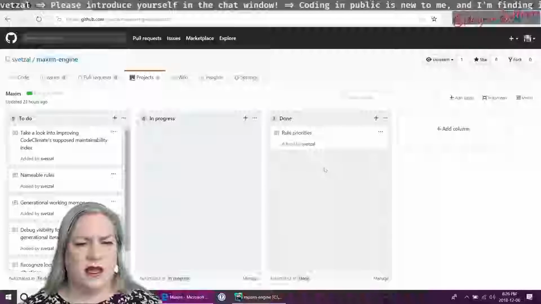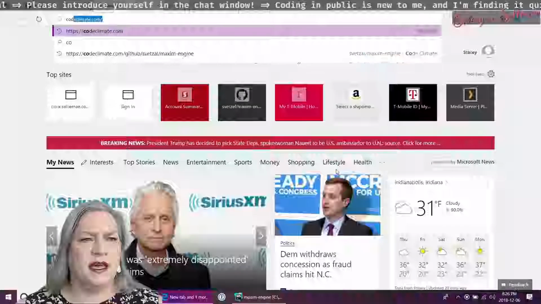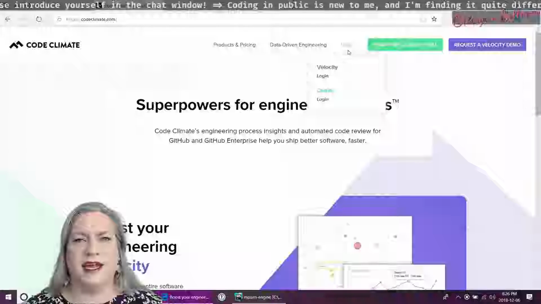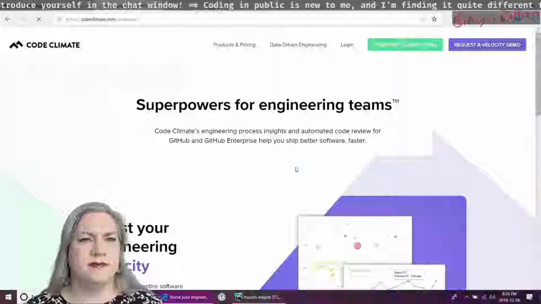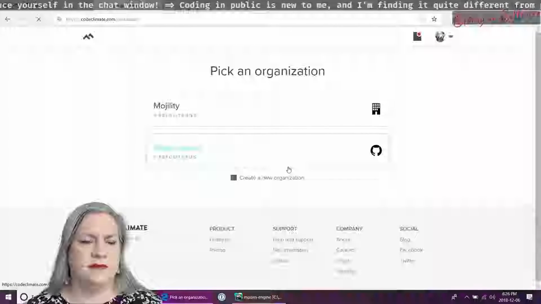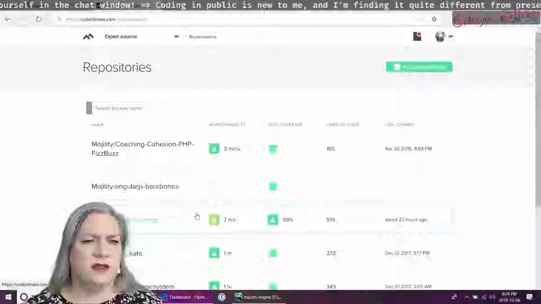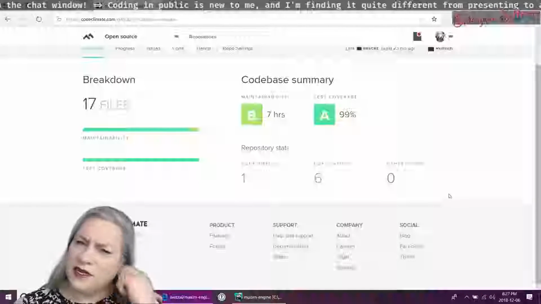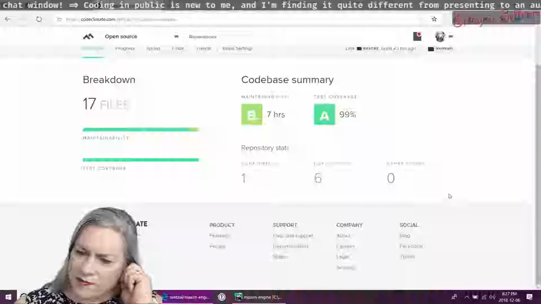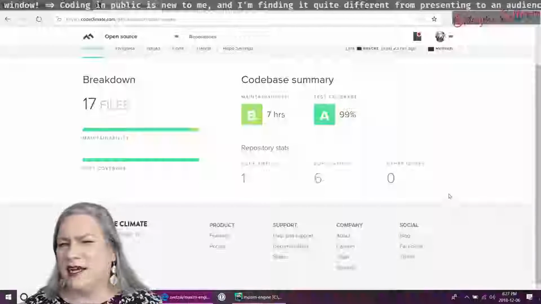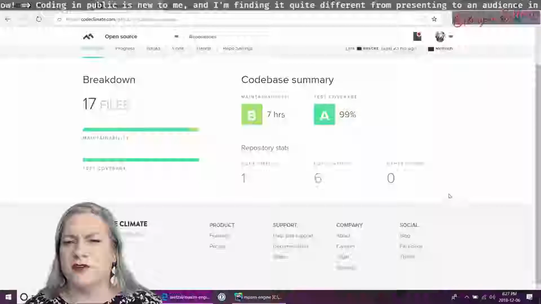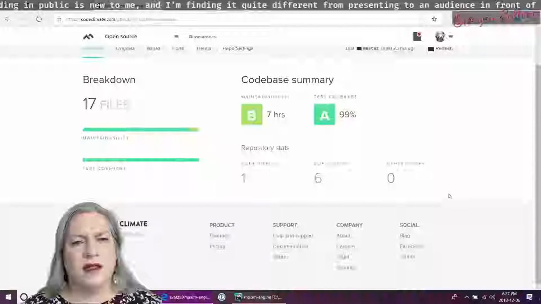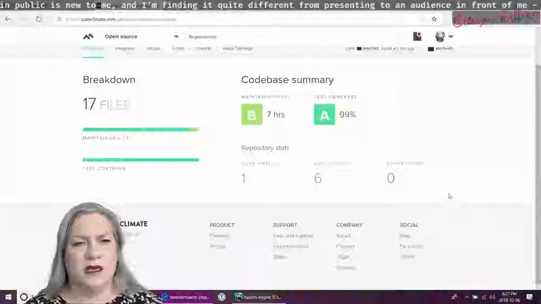So the Code Climate reporting today is looking a lot nicer. The primary reason is I took the supposed duplication in the tests and said that I wasn't going to fix those for code clarity reasons, and that cleared a couple of things off the plate.